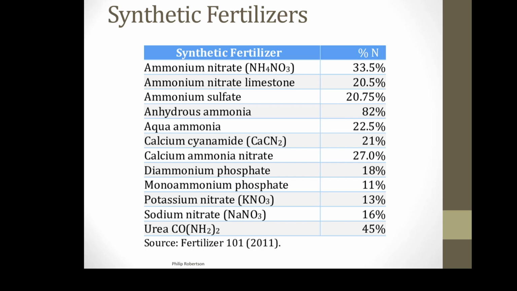So synthetic fertilizers are often used. You're not going to see ammonium nitrate anymore because that's what was used for bombs back in the 80s, so they stopped having it available. Ammonium sulfate is used a lot for turf, so that's 20% nitrogen. The thing to note is when a plant needs nitrogen, it'll take up what it needs, and then whatever is left will just be leached out. So it's really important that we don't use super fast release fertilizers or high percentage fertilizers.